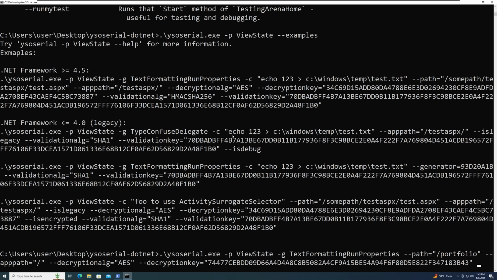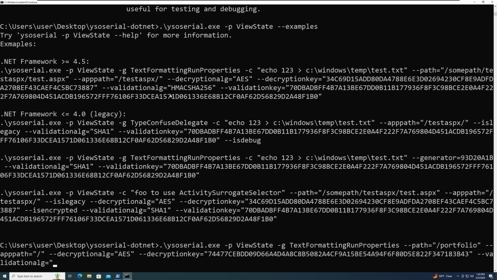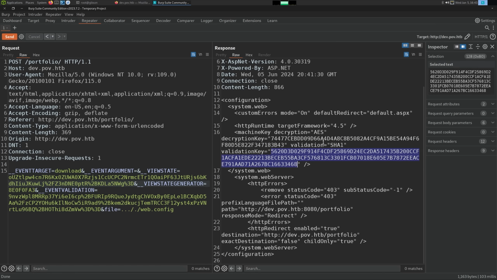Okay. And then let's see, after the decryption key, we need the validation algorithm. The example uses HMAC SHA-1. If you look at the web.config, it's just SHA-1, so I'll put that. And then we want the validation key. We go back over here, and you can see the validation algorithm is right there. But here's the key. We can copy,